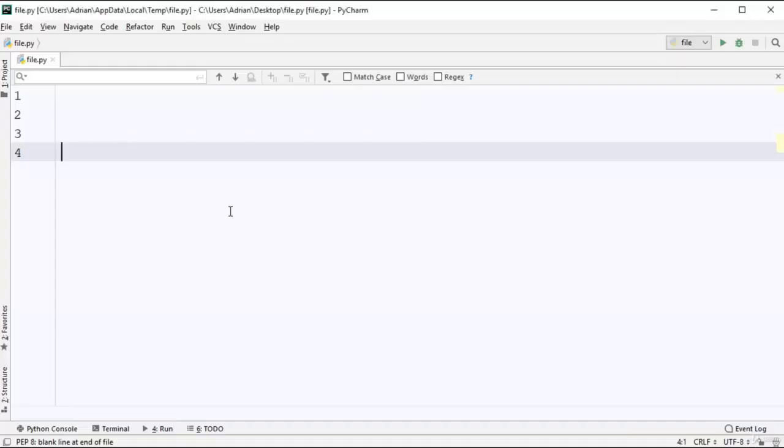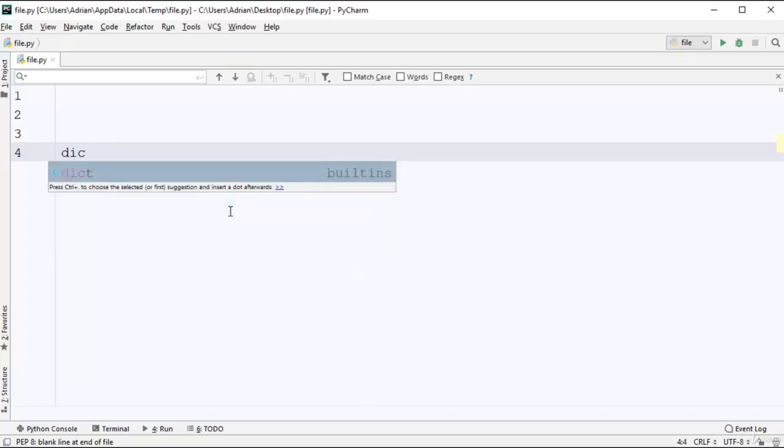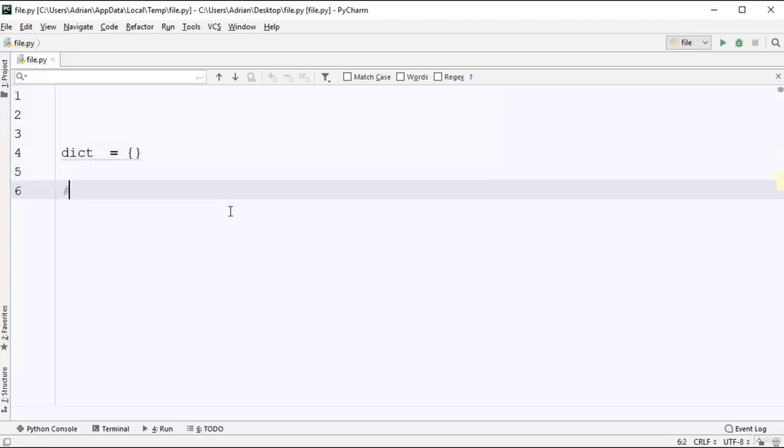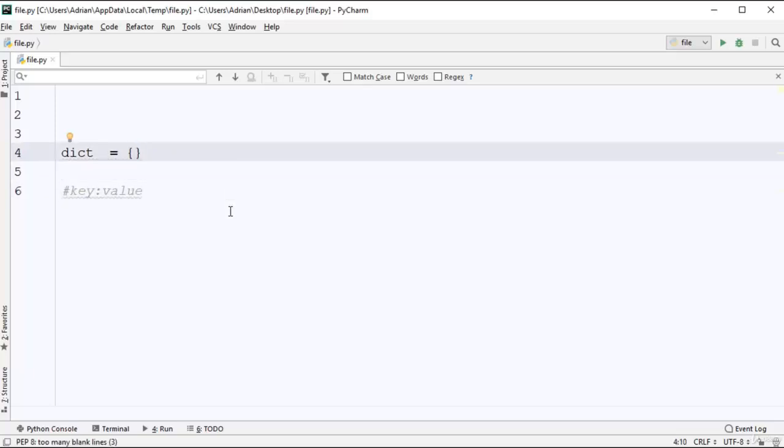Hello, in this lecture you will create our first dictionary data type. We are going to call it dict, and if you want to declare a dictionary you will use curly brackets. A dictionary is a key value pair, like this. Let's create our first key value pair. So for apples, this is the key, colon, we are going to get the value green,